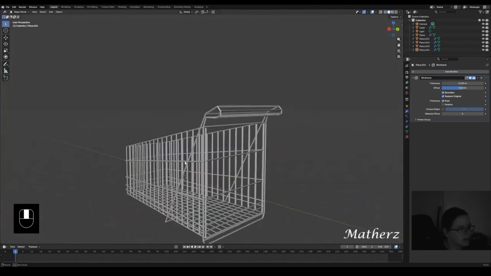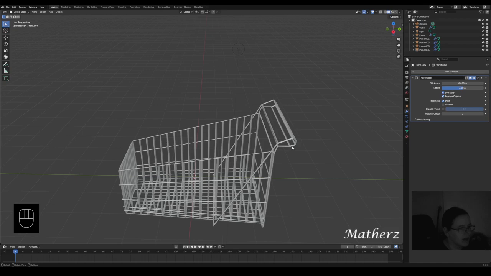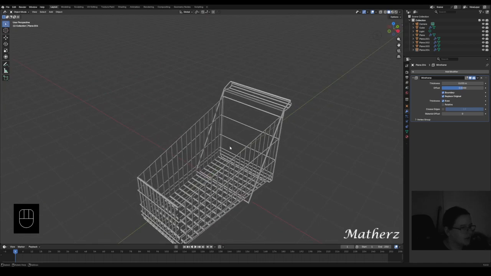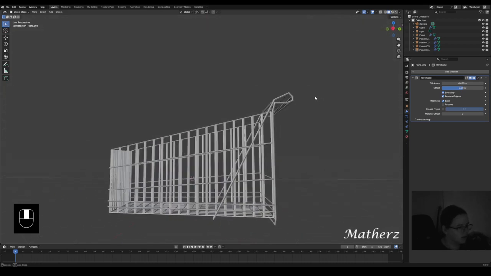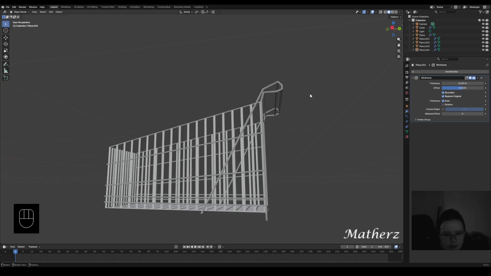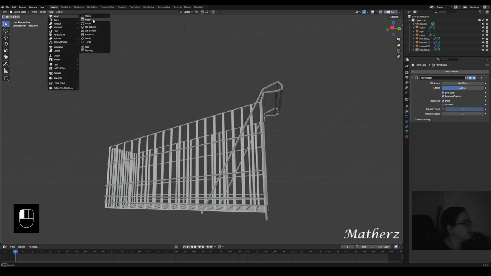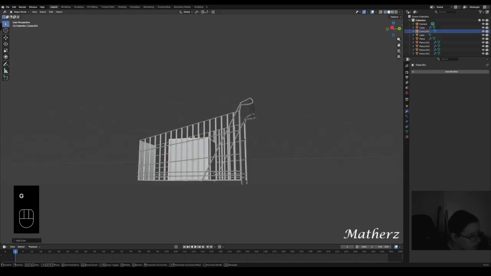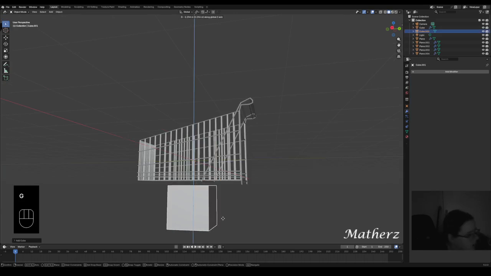So now we have this. So we're going to place a handle in between here, and then we're going to try and get a child's seat just in between here as well. So what I'm going to do, let's go ahead. I think we should use a box for the bottom. Let's go to add cube. You want to go with G, bring this down, scale this,